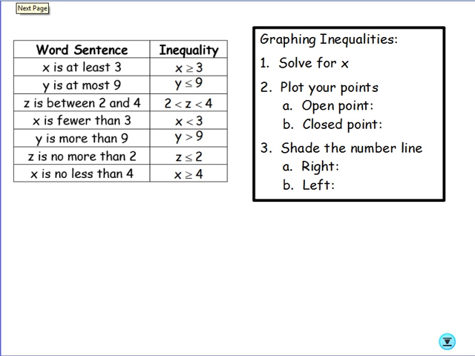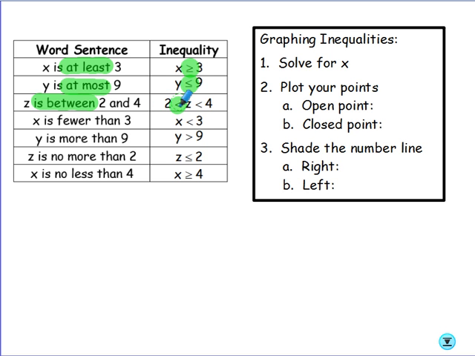So let's take a look at some important words. First sentence, X is at least 3. When you hear the word at least, you are using the greater than or equal to symbol. Y is at most. When you hear the key phrase at most, that is a less than or equal to symbol. Z is between. When you hear the phrase is between, you will see a Z or whatever the letter is in the middle, and you will see the low number on the left, and you will see the high number on the right,